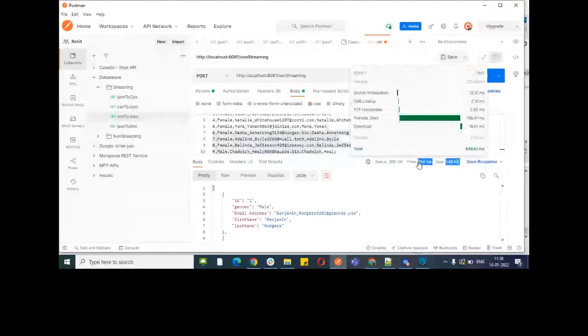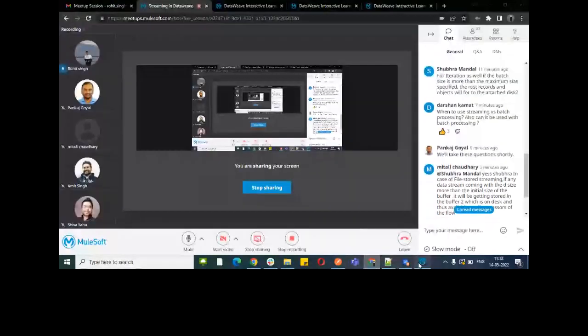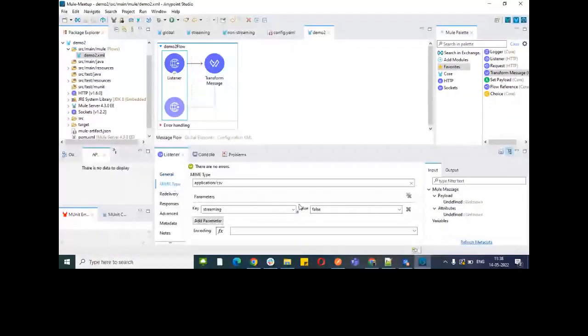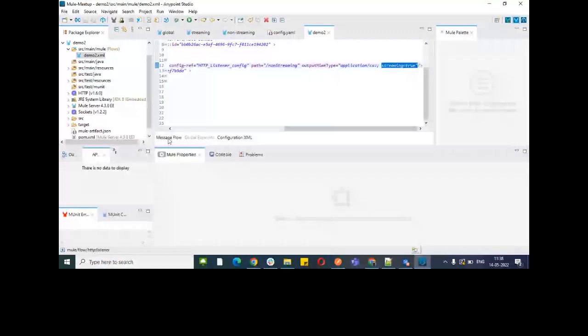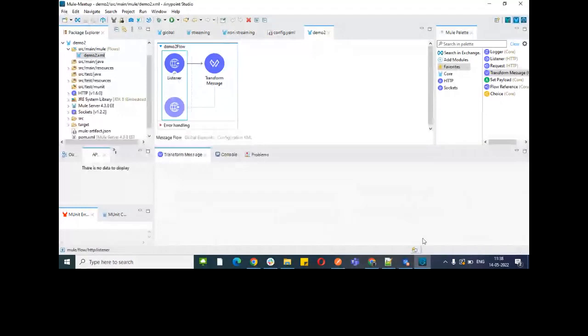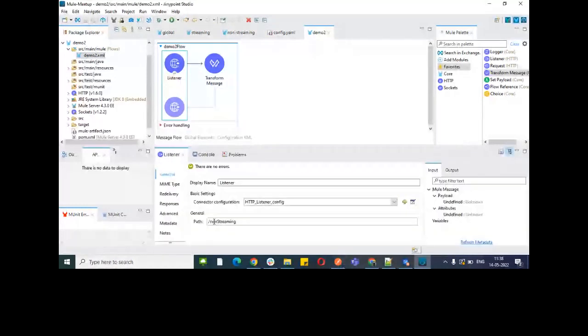What if I enable the streaming? You just need to go to the output MIME type, the first configuration property, and set it to true. Save it. You can even give it directly in the configuration XML, setting streaming to true if you want. So now it is configured. Listener, let's change the non-streaming to streaming. Save it. Once it is saved,